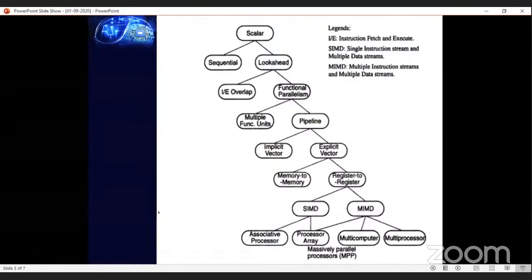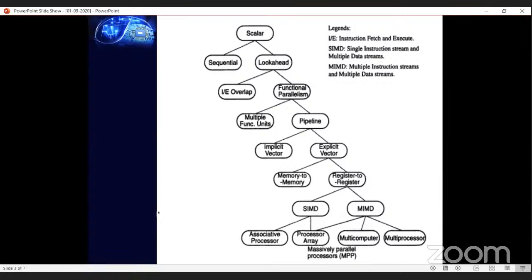Okay, so what about IE overlapping? How is look ahead implemented by using IE overlapping? By prefetching the instruction, by introducing overlapping among the instruction fetch, decode, and execution phases. So the look ahead is initially implemented with the help of which one? IE overlapping. Thereafter,